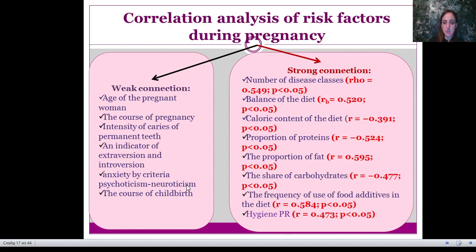And strong connection, look to this table, and you can see the number of diseases. And here we have balance of the diet, malnutrition, proportion of the proteins, of the fat, of carbohydrates, and of course hygiene of the oral cavity,